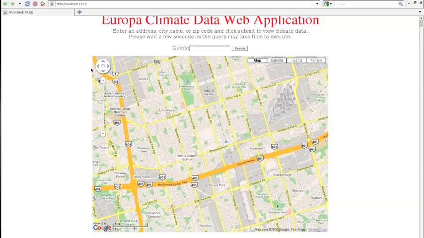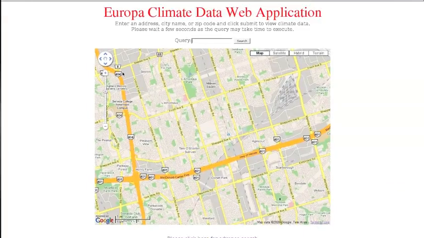The second person from our user stories is Bob Hope, who is a high school teacher in Vancouver. He's teaching his class about climate change. So on a projector in class, he loads up Europa's climate change web application. He enters Vancouver into the query box